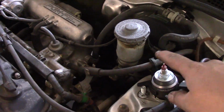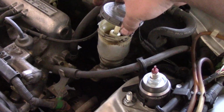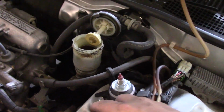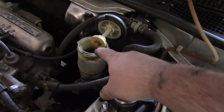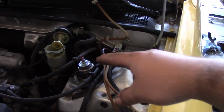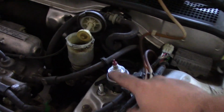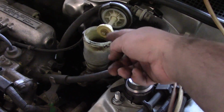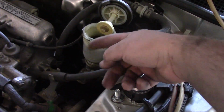So to bleed the brakes, what you want to do is come to the brake fluid reservoir, and we want to be putting fresh fluid into here. Once we have fresh fluid in there, we have to flush out some of this here. You could use a syringe to take out some of this dirty stuff so you're not running it through the lines,